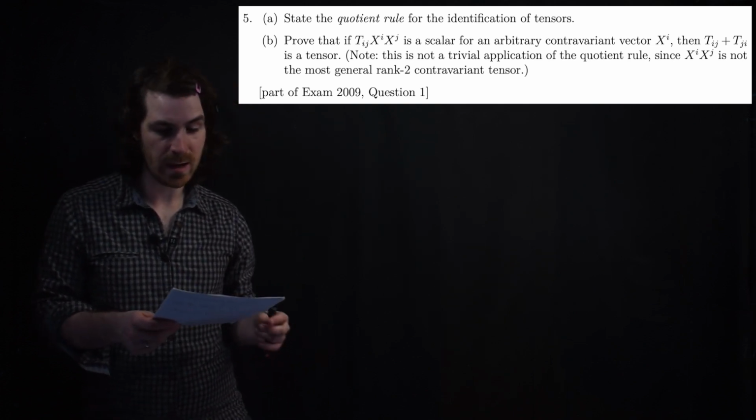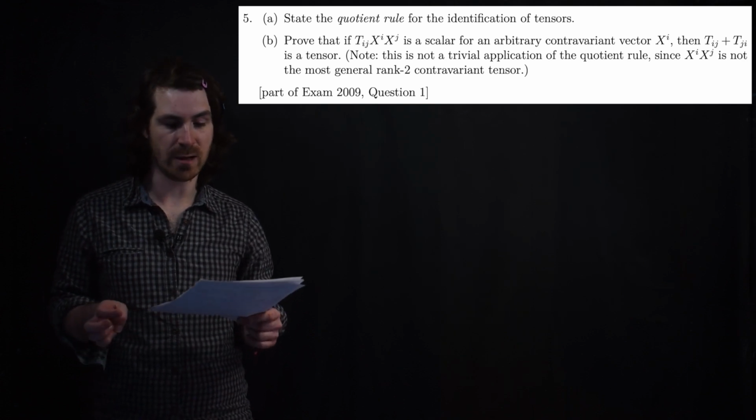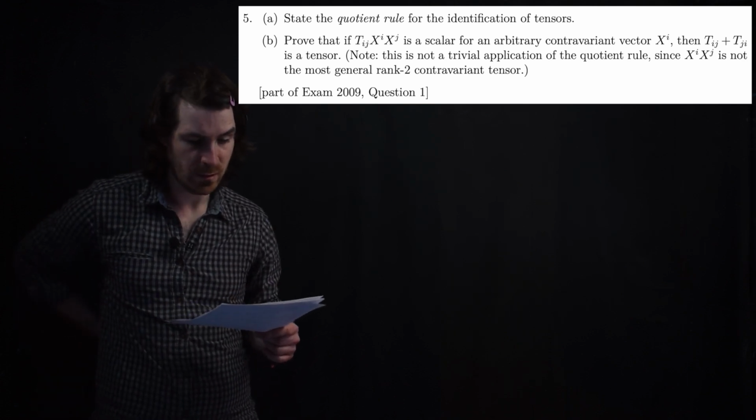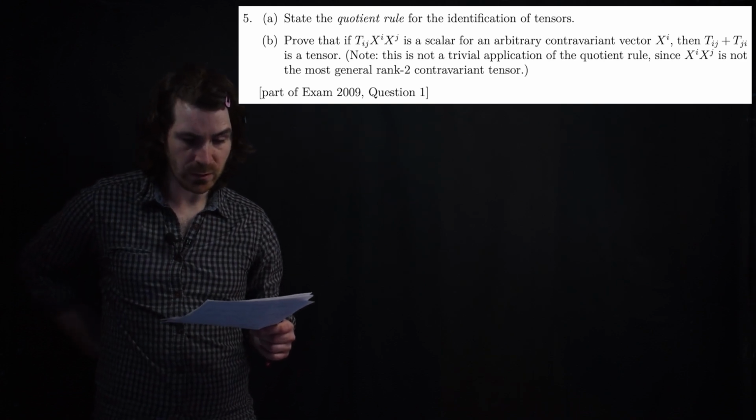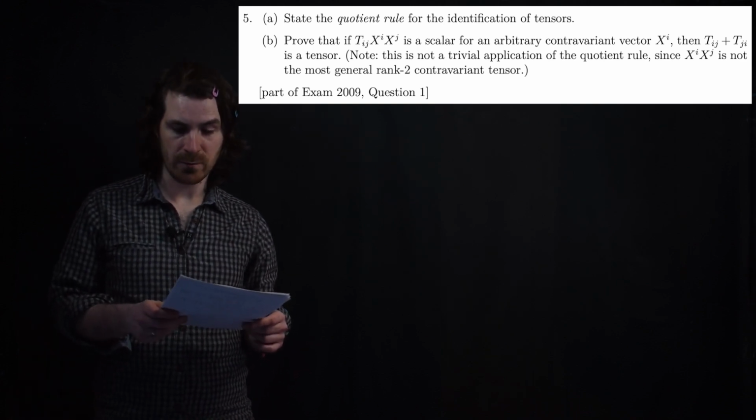So question 5a asks to state the quotient rule for the identification of tensors. Okay, so the quotient rule is straight from the notes, so you can just look up the notes for that part. But 5b,